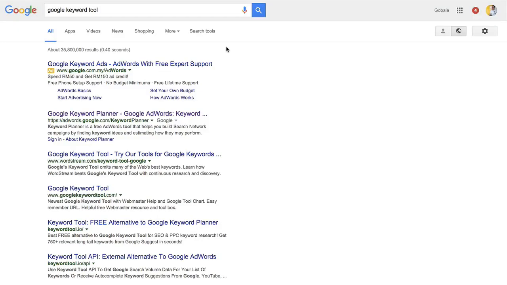Okay, so now let's talk about a keyword tool that is, of course, very useful, but is greatly exaggerated in terms of exactly how useful it is in the process of finding a profitable niche market. A lot of courses, a lot of websites out there teach you to find keywords using the Google keyword tool, and basically that is the start of your journey to find a profitable niche market, and I don't agree with